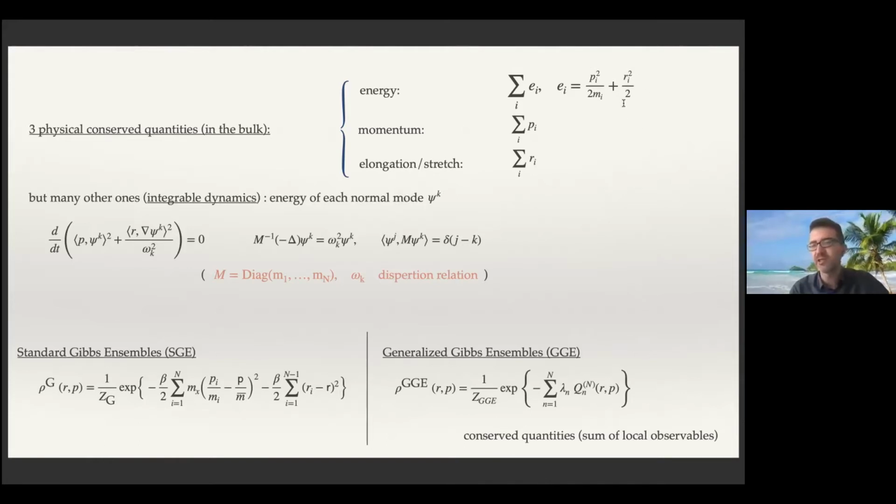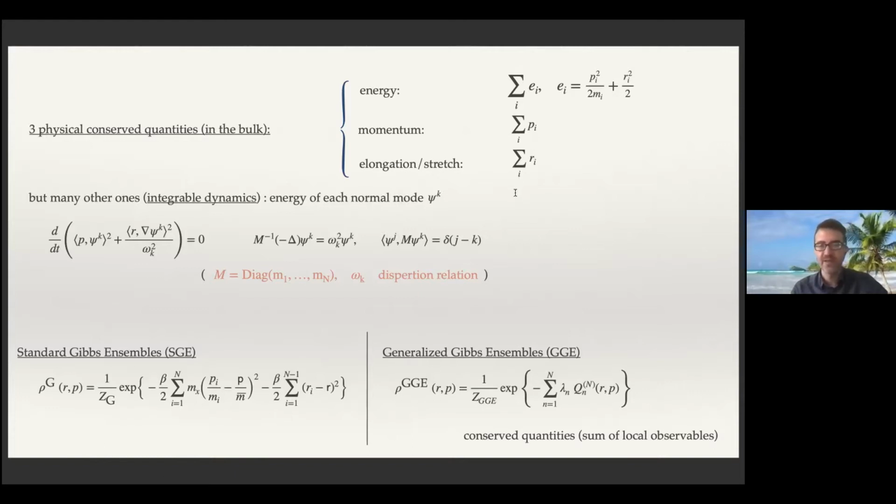So I decided, just a convention, to put all the energy of the interaction between i and i+1 to the particle i. So if you want, you can replace here r_i squared divided by 2 by r_{i-1} squared divided by 4 plus r_i squared divided by 4. But it will not change anything at the end because you take the sum. And the momentum is also conserved, and also some quantity which is called the stretch or elongation of the chain,